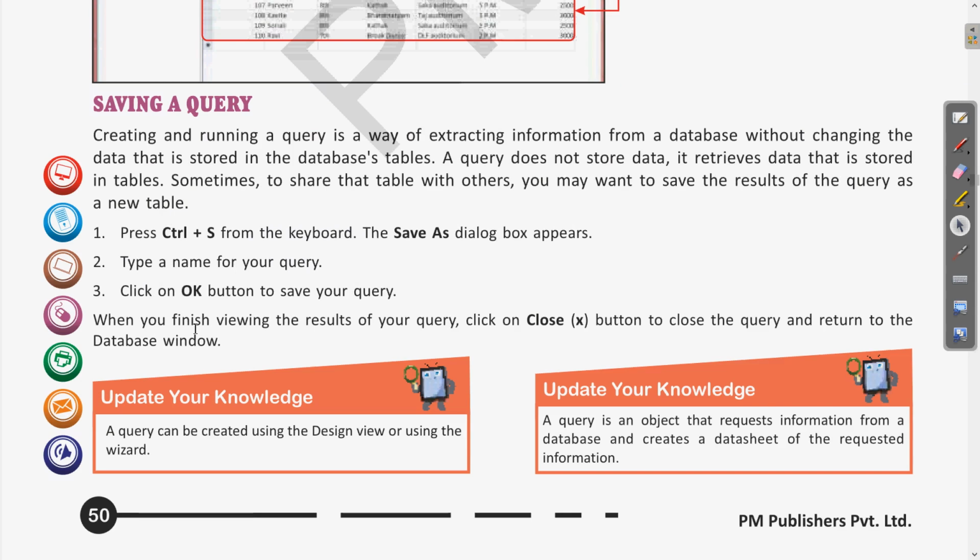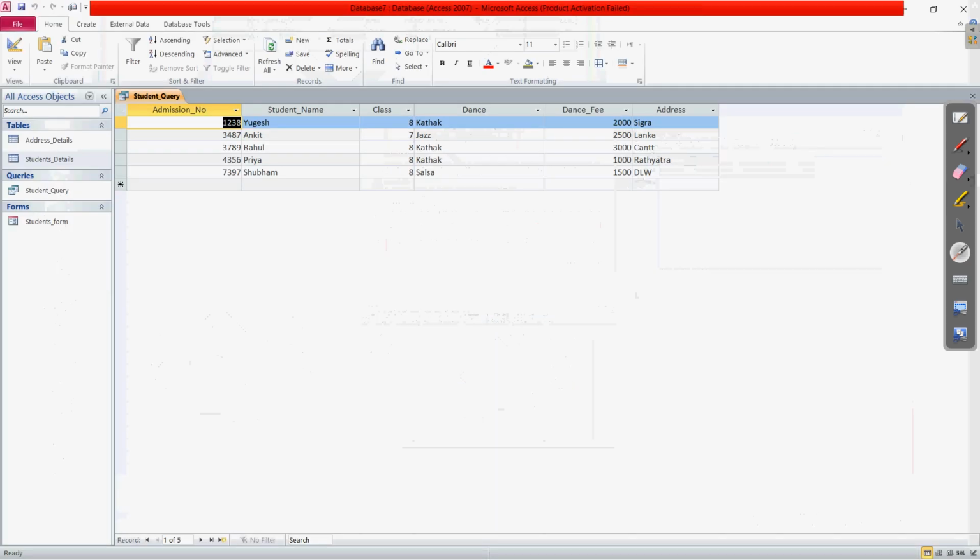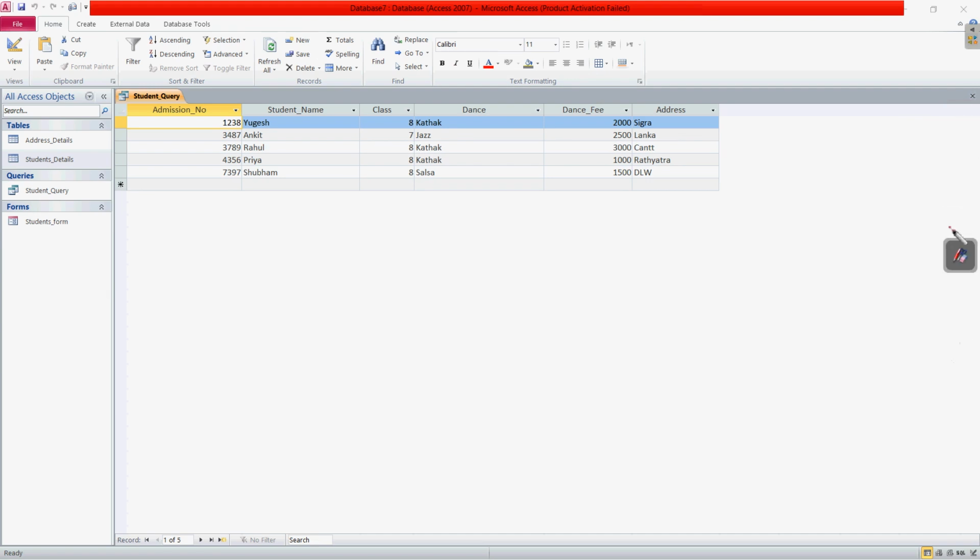Now if you have finished watching this query result, you can click on the close or the cross button to close the query and return to the database window. Clear? So here let me show you.